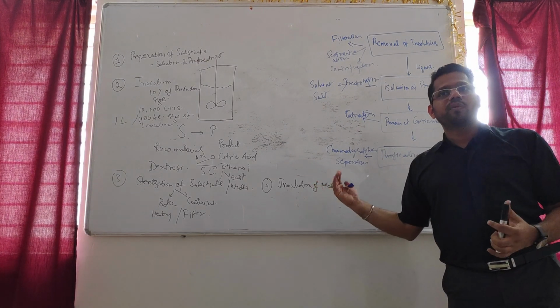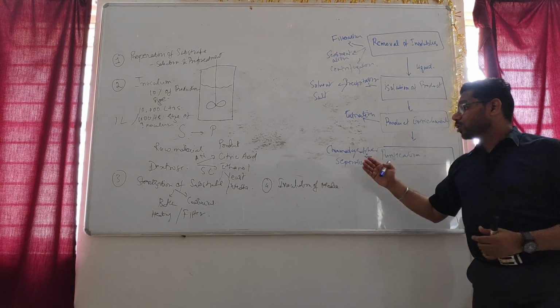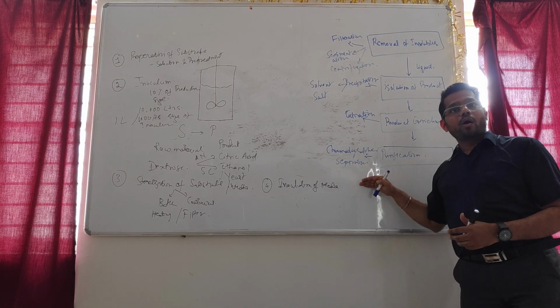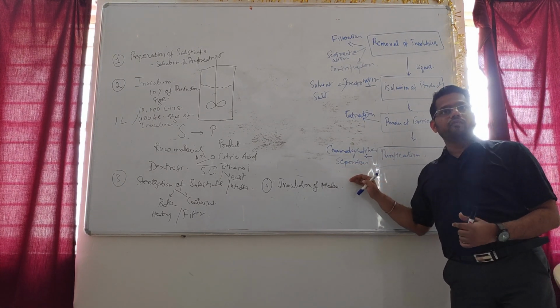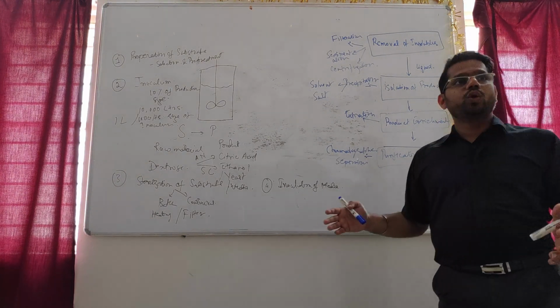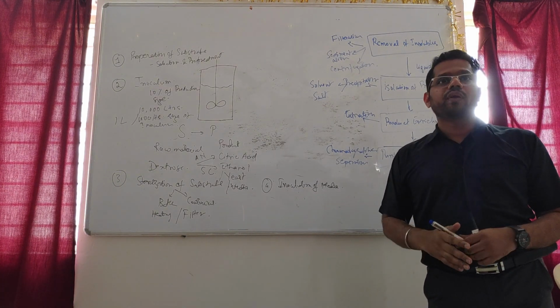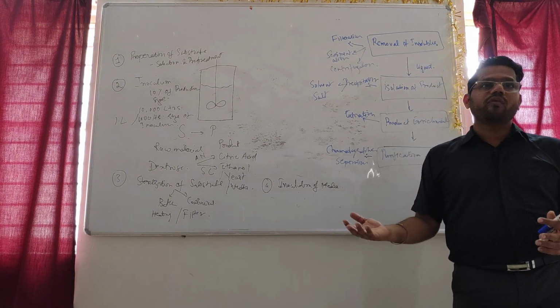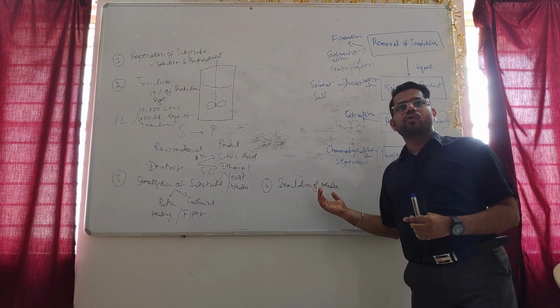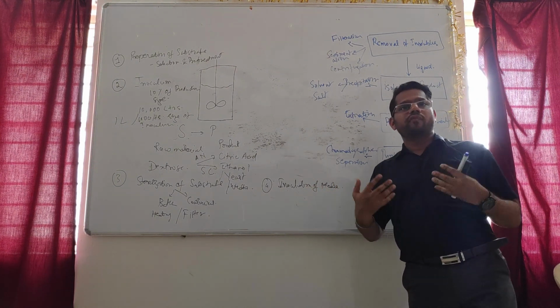Depending upon the properties of the protein that you want to purify, you have to opt for a suitable chromatography method. Is it clear? If you are separating based on the size, you can use gel permeation chromatography. If you are separating protein based on the charge, you have to use ion exchange chromatography. Based on certain affinity, if you want to purify a protein, you have to use affinity chromatography.